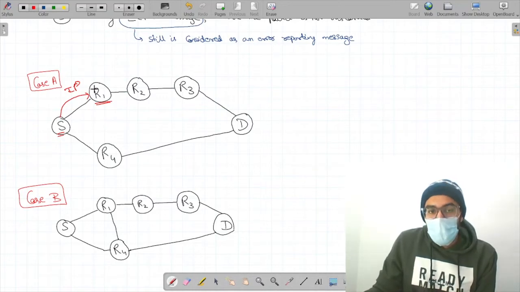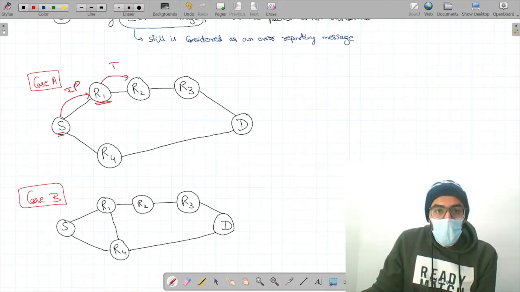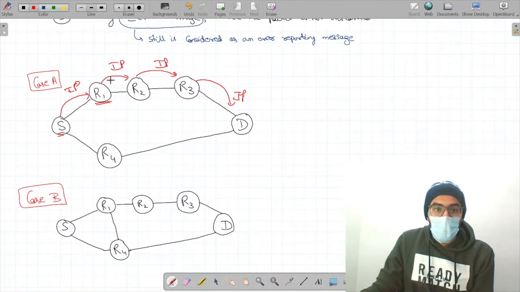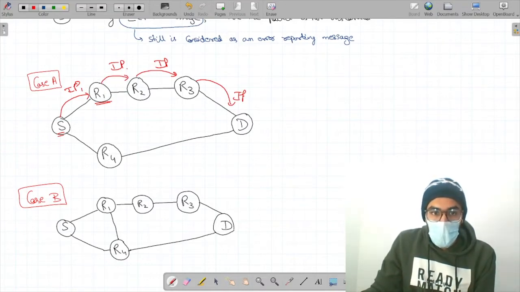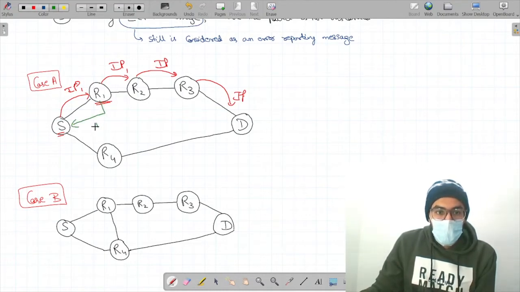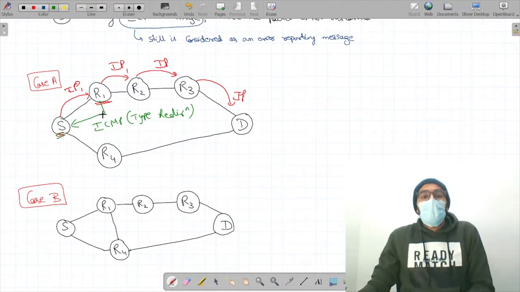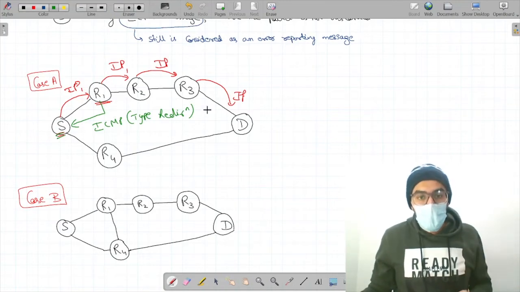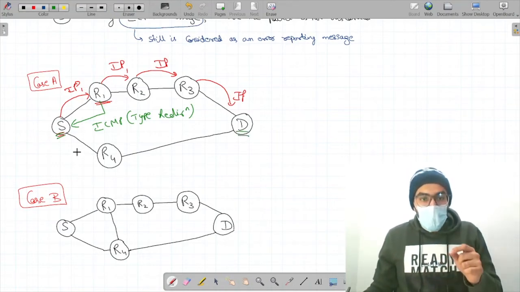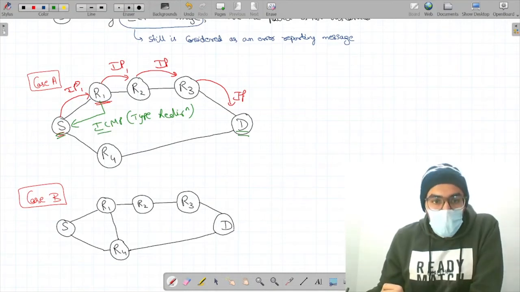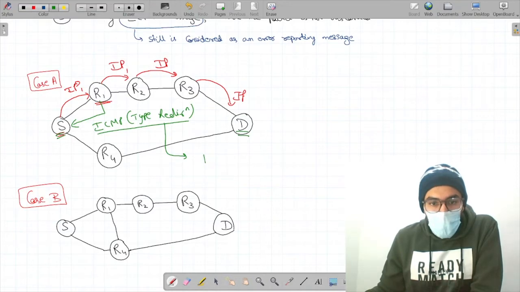Now, what would happen is that this router R1 is still going to forward this IP packet further along the complete route so that the packet reaches the destination. But when it forwards the packet IP1, it also sends back an ICMP message of type redirection, telling the source S that the next time you send an IP packet to the same destination D, you should redirect it, because there is a better route to send the packet whenever you are sending to the destination D. Now, this ICMP message will also contain the data for